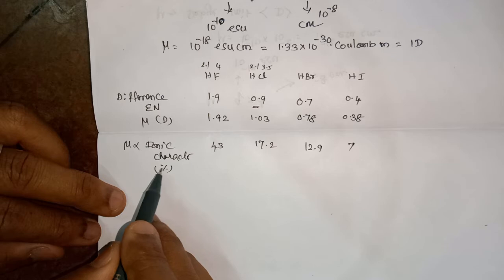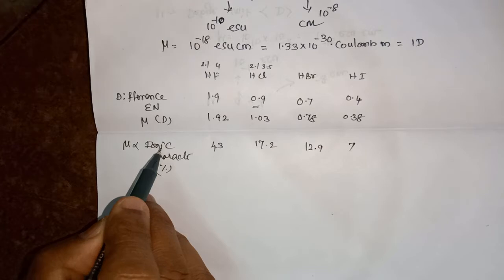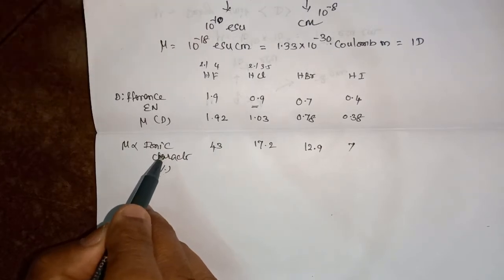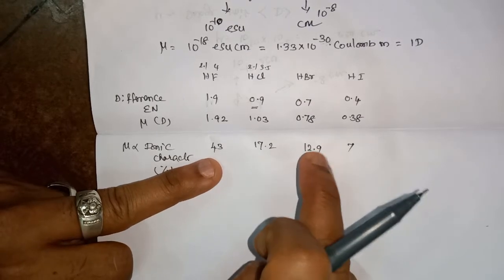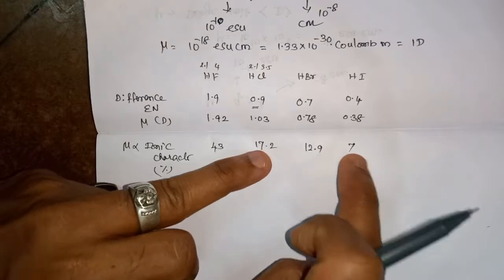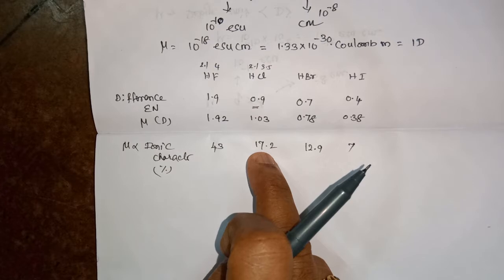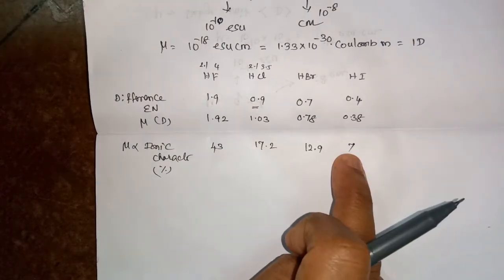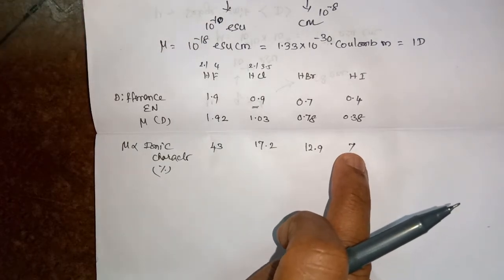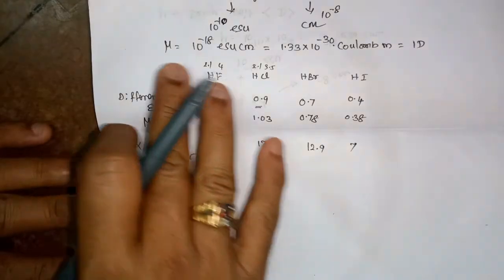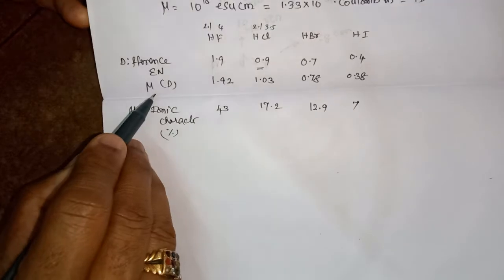Higher the ionic character, higher is the dipole moment. If ionic character is higher, the covalent character is lower compared to the others. Between these two, which has higher covalent character, and which has higher ionic character? If ionic character is more, covalent character is less. Here ionic character is very low compared to all these four, so the covalent character will be most for this. So these are the data we can get from the mu value, that is called dipole moment.